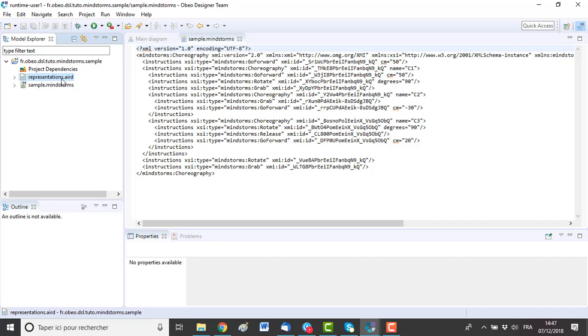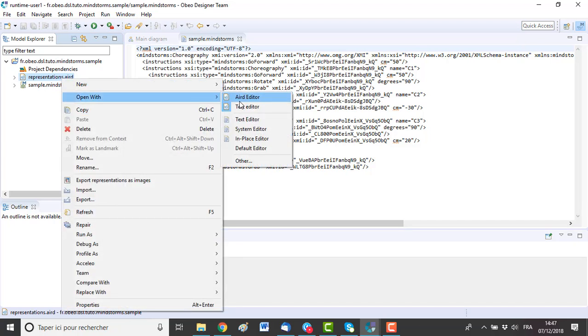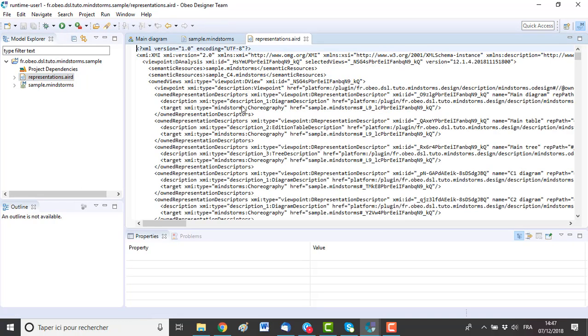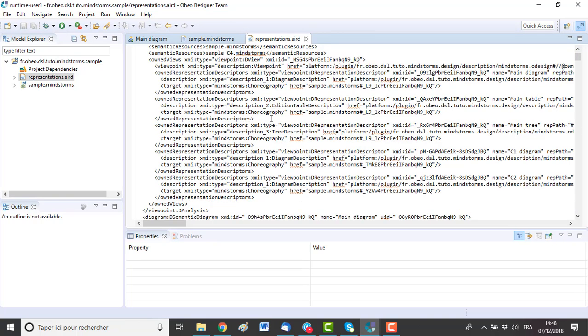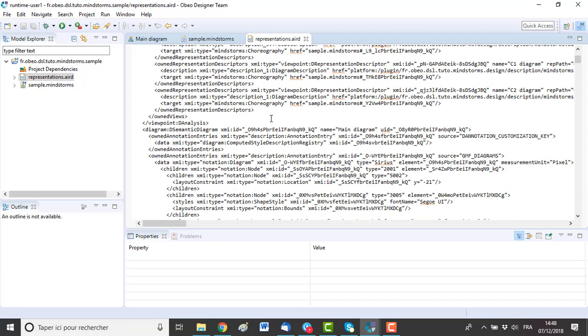If we open the text format of this file, we can find the definition of shapes, positions, size, colors, and so on.